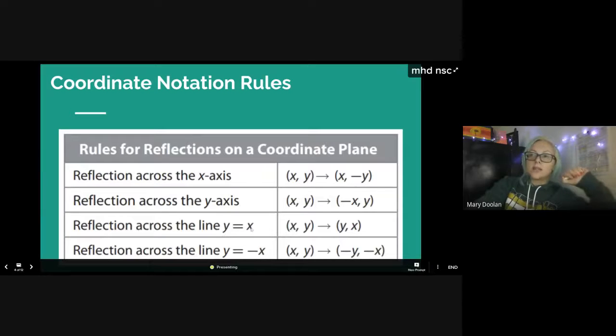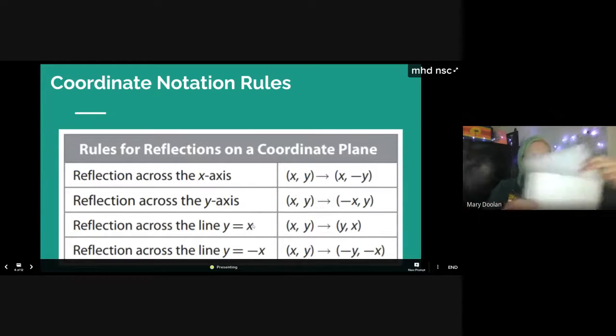Now, when you reflect across the line y equals x, and if you forgot what that looks like,